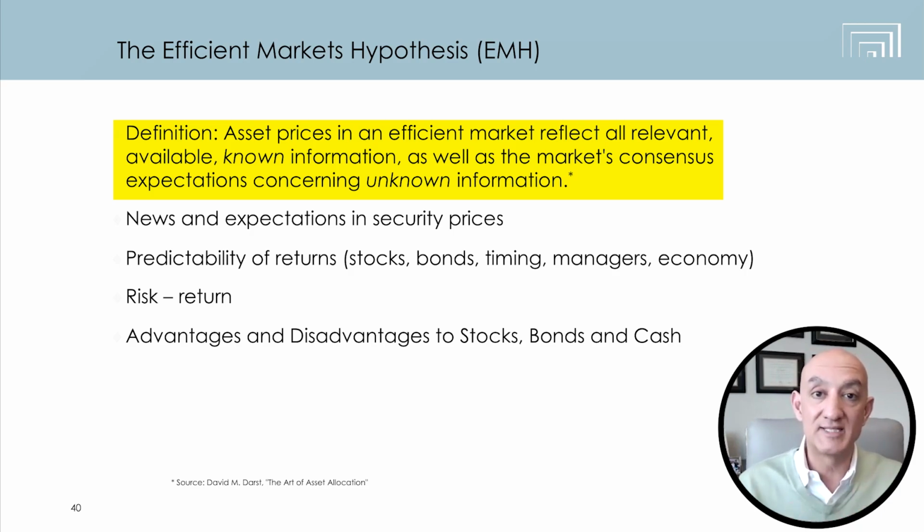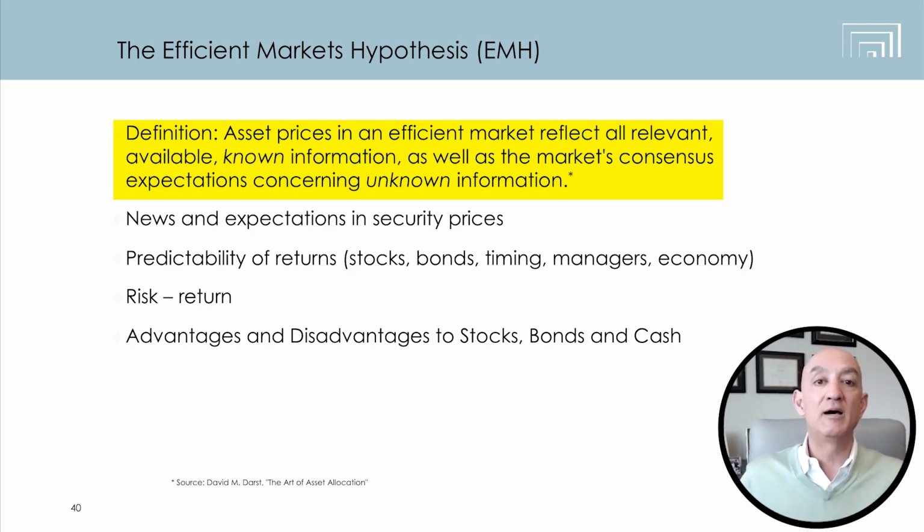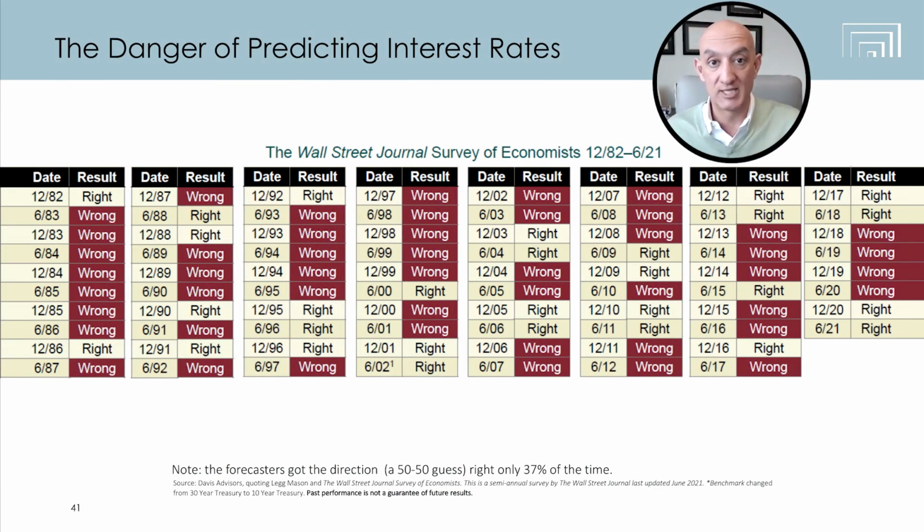And what this theory is saying as it comes to the bond market is that it becomes impossible to predict where interest rates are going because the bond market instantly prices in all news and information, and it prices interest rates where it thinks they should be at this time, which is why interest rates are impossible to predict.